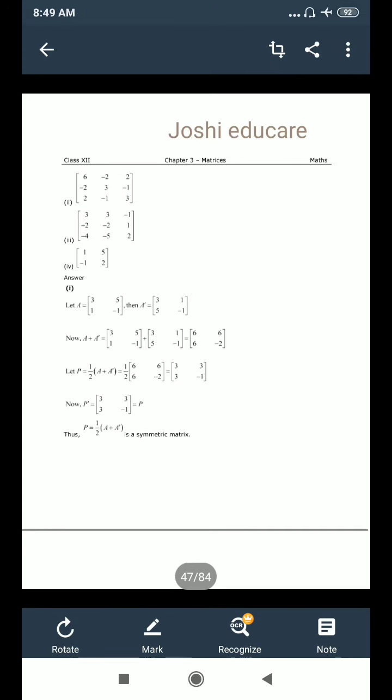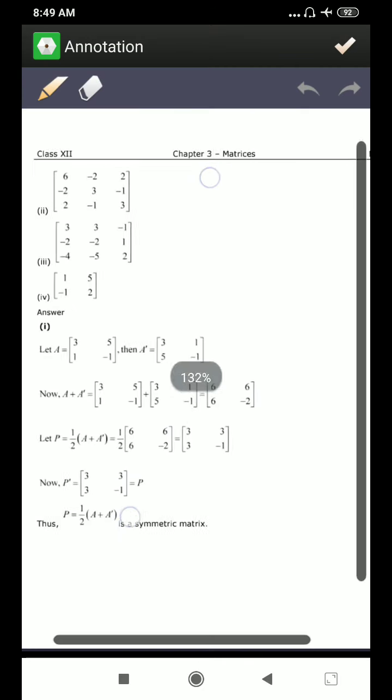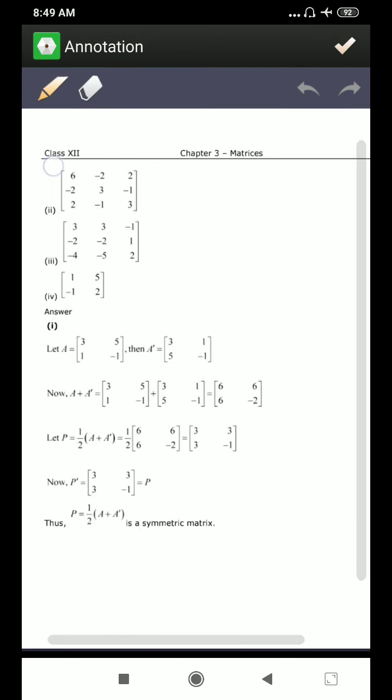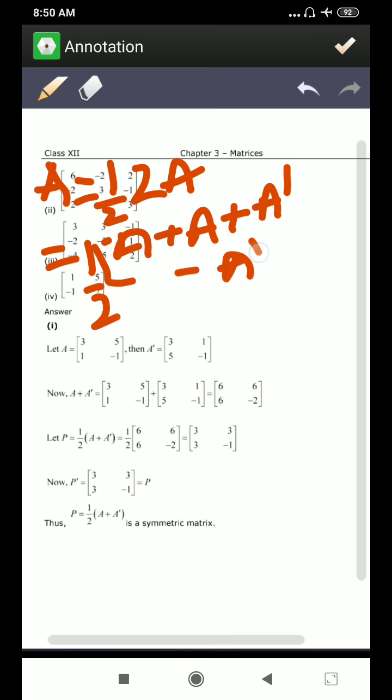That is the way to express a matrix as a sum of symmetric and skew-symmetric matrix. So in all questions you will follow the same method. So I'm just explaining. We will write A as 2A, and that can be written as A plus A, add A transpose, divided into half, and subtract A transpose. Still it is A only, because A we have written as half of 2A. Alright, so 2A is A plus A, and we have taken A transpose minus A transpose.